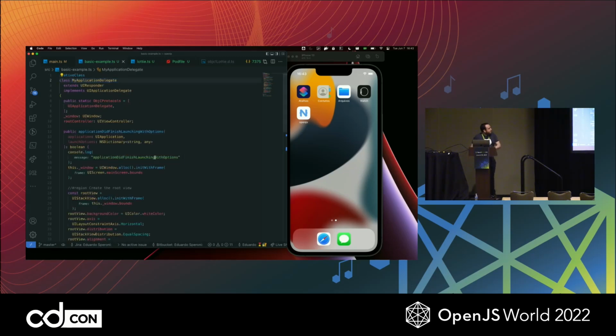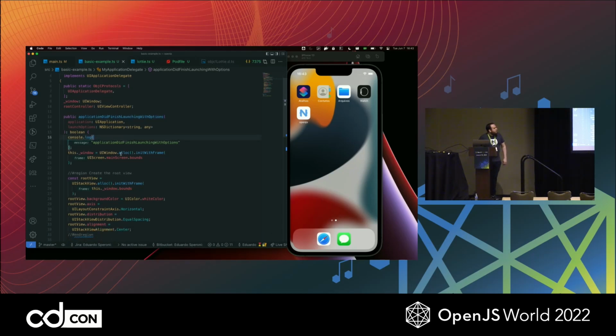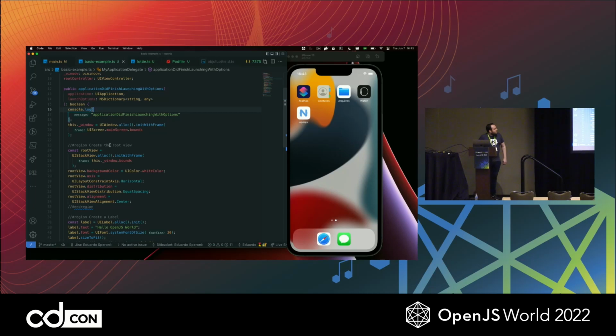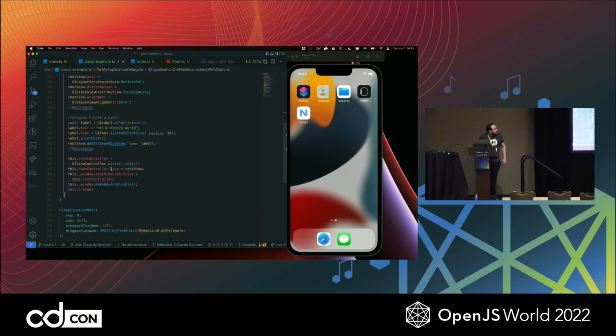This delegate, when the application did finish launching, does some console logging, creates my window, creates my root view, creates a label, and shows this root view, and that's it. So that's how you usually create the application in Objective-C, for example,